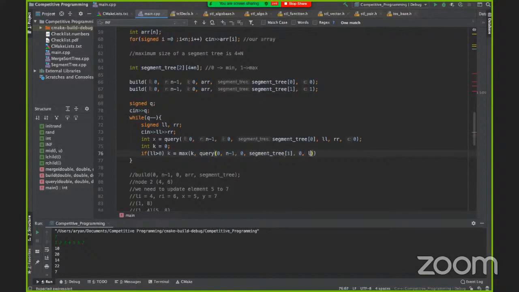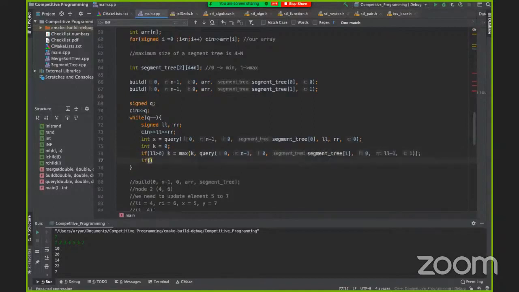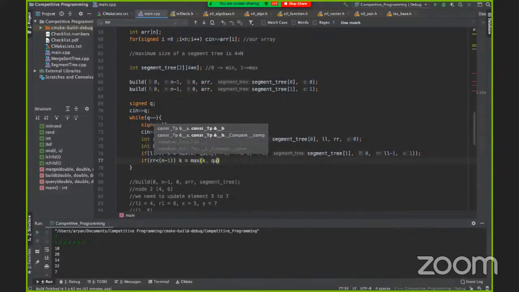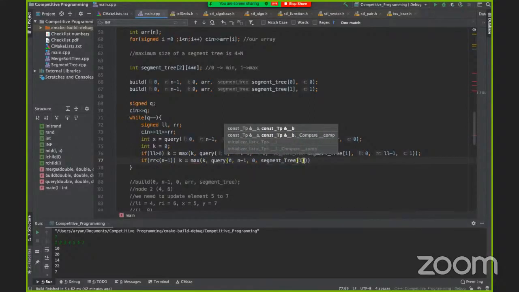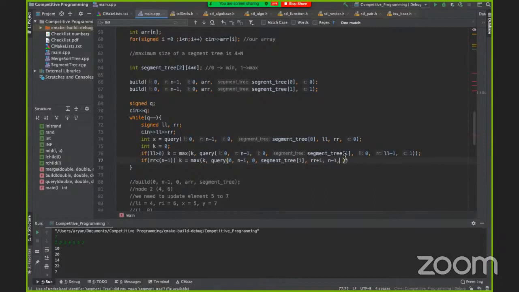The range is 0 to LL minus 1, and the C is 1. Okay. And if RR is less than n minus 1, means there's something after the range as well. So K is equal to max K, query 0 n minus 1 0, segment tree 1. Oh, not 0 and minus, I'm so sorry. Segment tree 1, the range should be RR plus 1 to n minus 1. And C is equal to 1 because we need to find max, right?